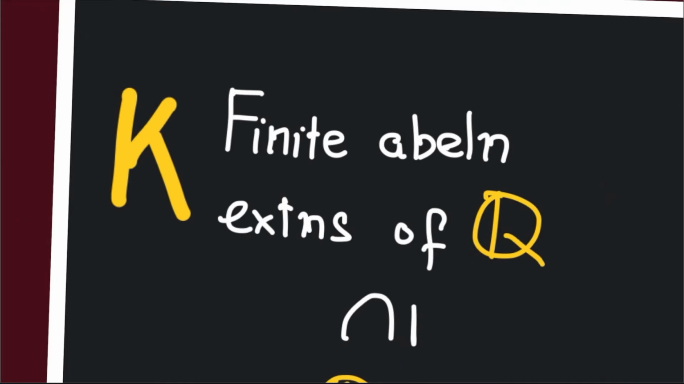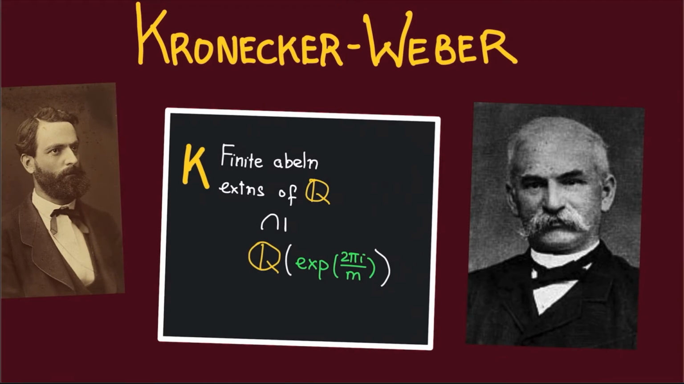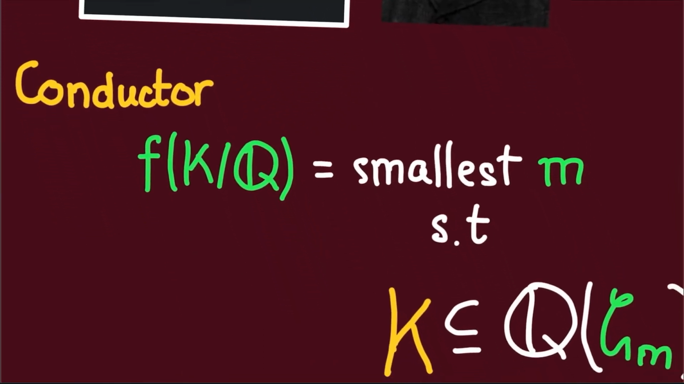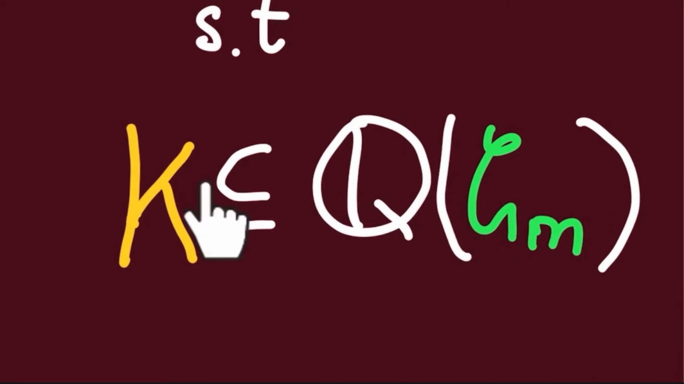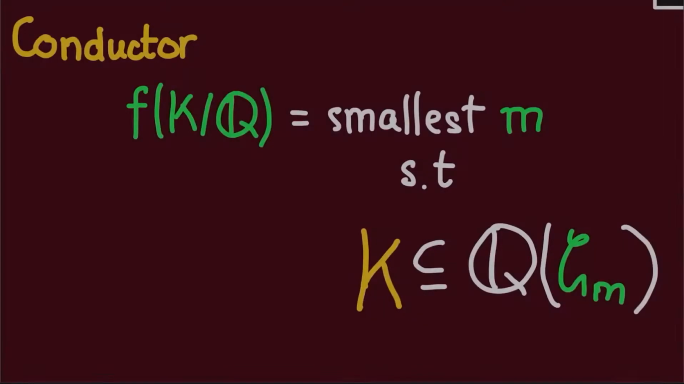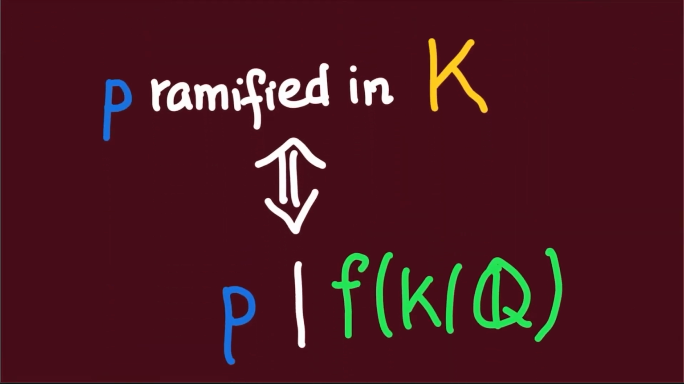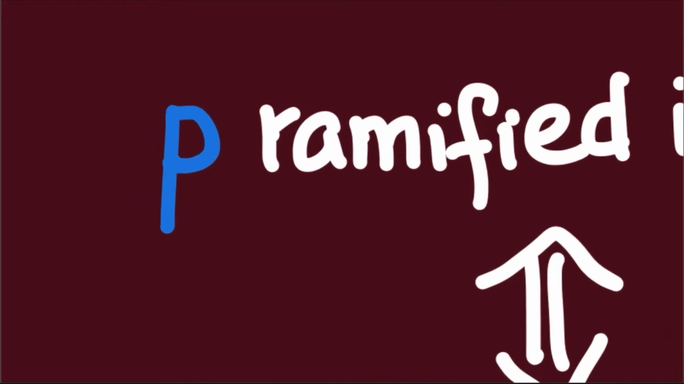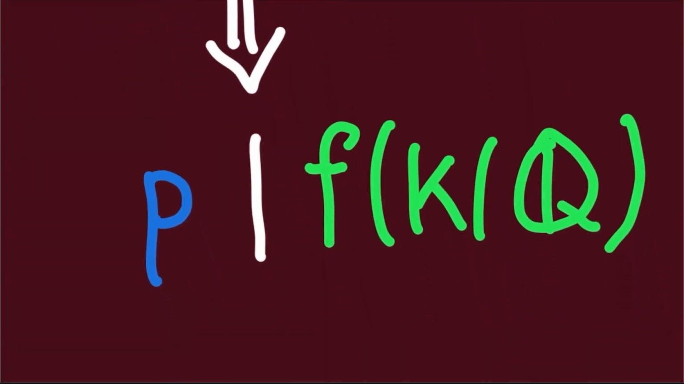Recall that by Kronecker-Weber, any such extension must lie inside some cyclotomic extension of Q. We then define the conductor of K over Q to be the smallest integer m such that K is contained inside the m-th cyclotomic field. One important property of the conductor is that it governs ramification in K. To be more precise, a prime p of Q is ramified in K if and only if p divides the conductor